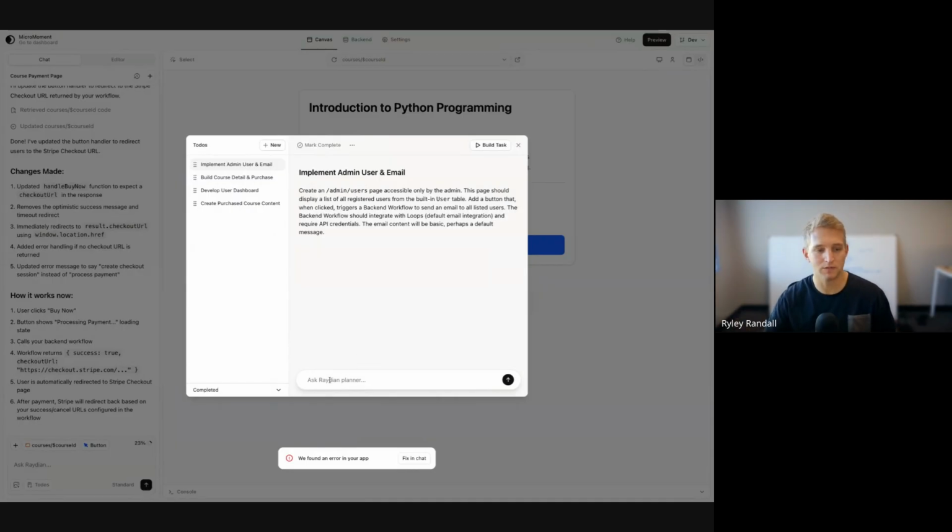I'm going to attempt to do something that anytime you're on a demo, you're always scared to use features that you worked on an hour ago. But I'm going to attempt to use the Raydian planner. So I'm going to say, I need to build the experience for after a user purchases a course. Right now, they are redirected